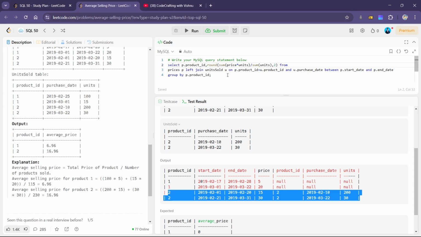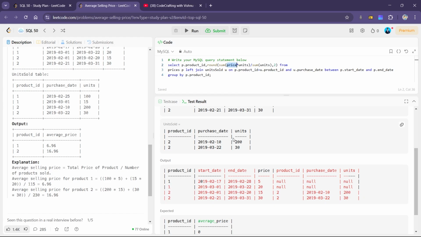Okay, so this will be our solution, but there is a minor problem here. The thing is, price comes from the first table, which will never be null, but units come from the second table, which can be null. So null cannot be multiplied by something, so obviously we have to select between two values, either null or 0, and for that we have a function, that is COALESCE. So we'll select units, and if it is null, then we'll select 0. Similarly here,